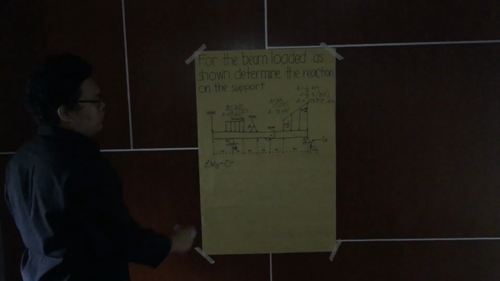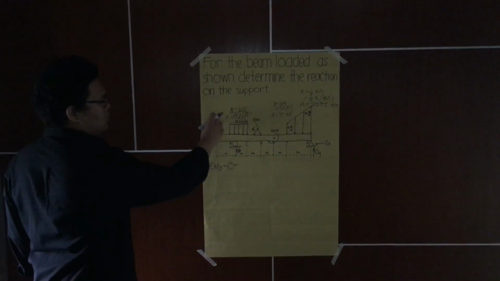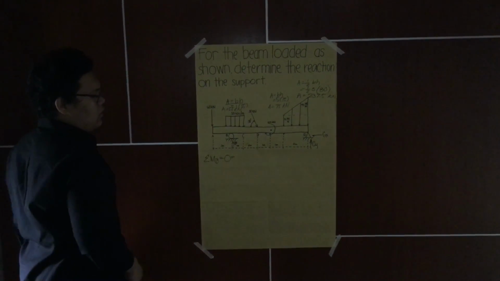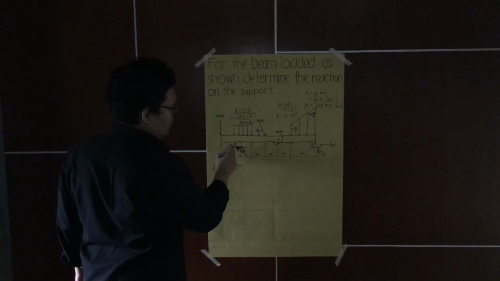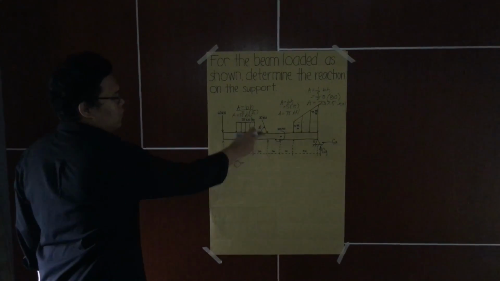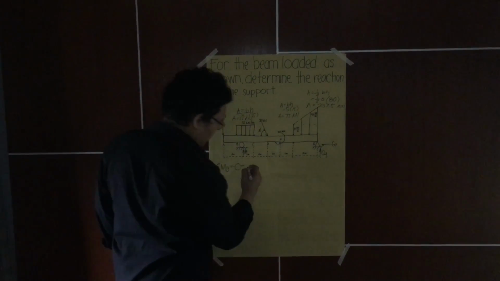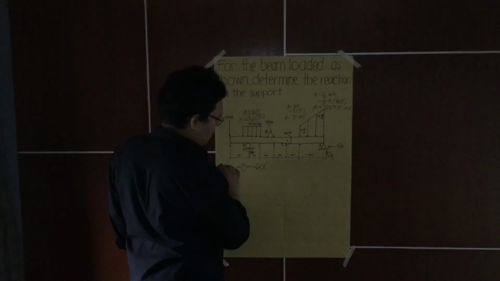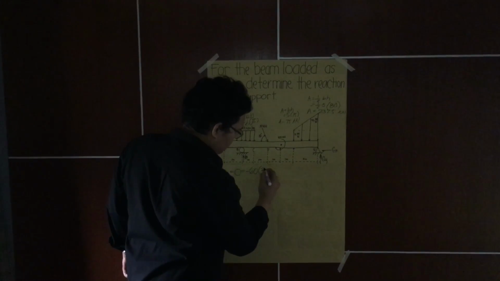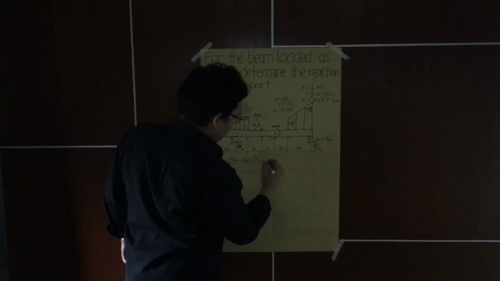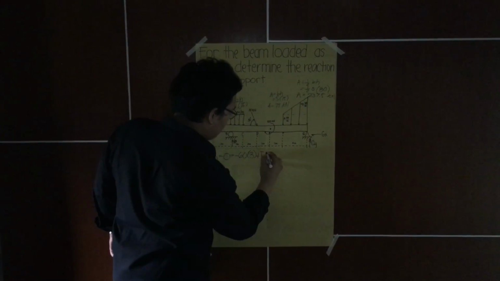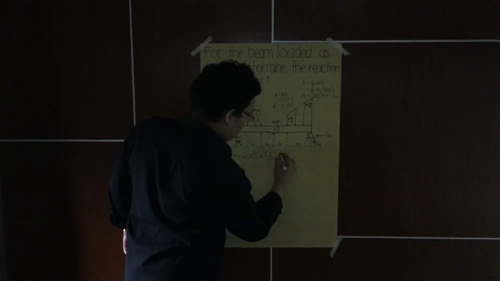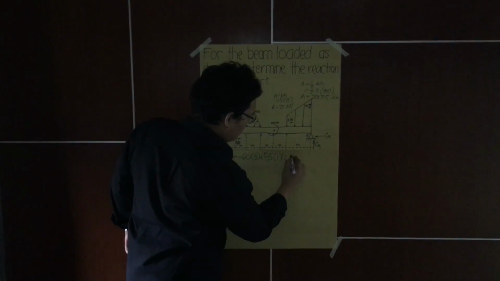Since we first take the force going downward, which is 60, and since it is clockwise to B, we use negative 60 times the moment arm, which is 3, followed by 55 times 1 times the moment arm 0.5,